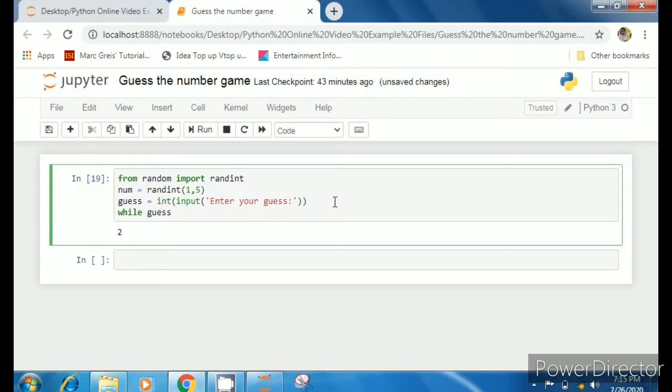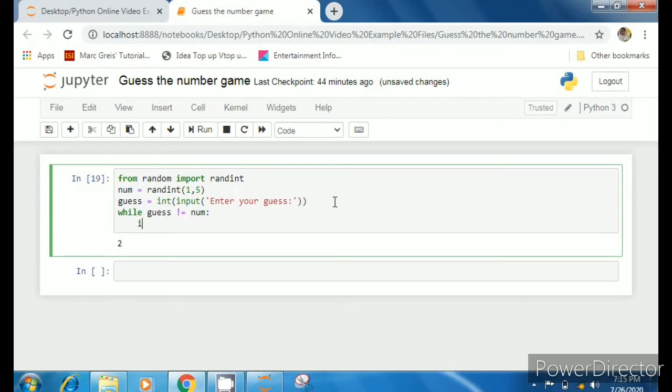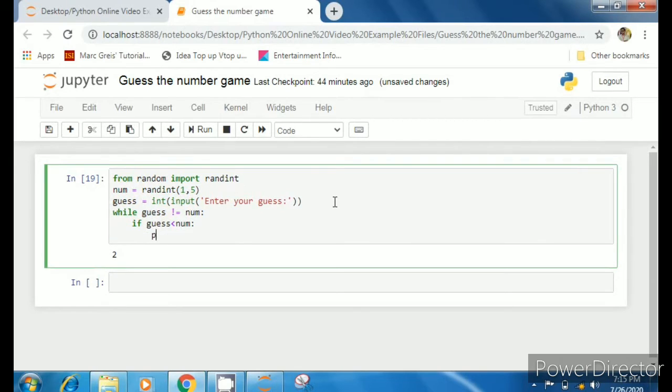If my guess is not equal to num, then I've got two conditions. That is, if my guessed number is less than the number generated by computer, then I can print a message. You can print anything. I'm printing here guess is low, guess is less.